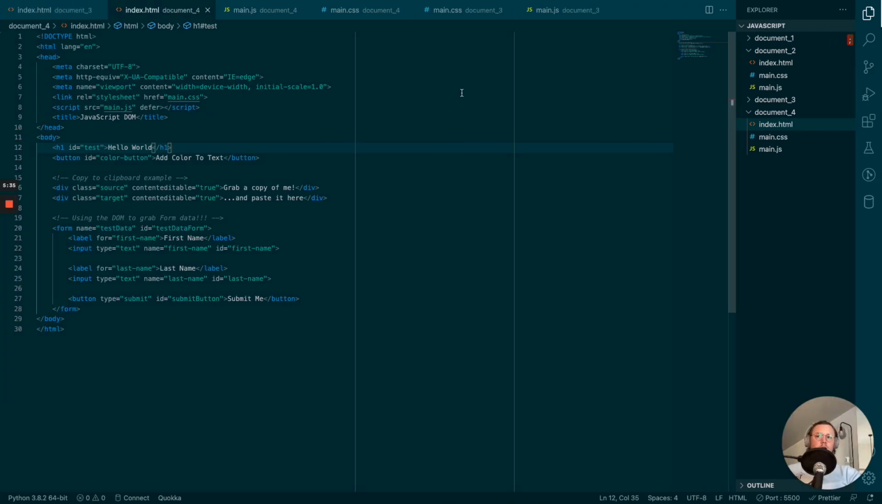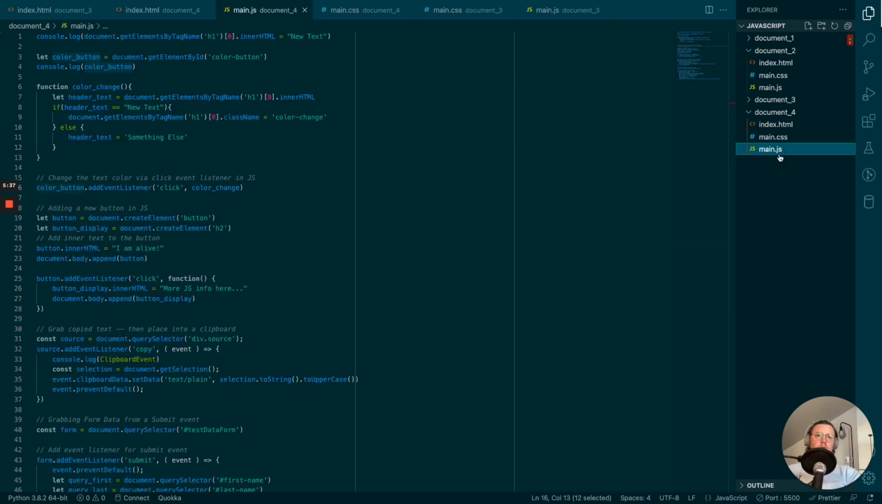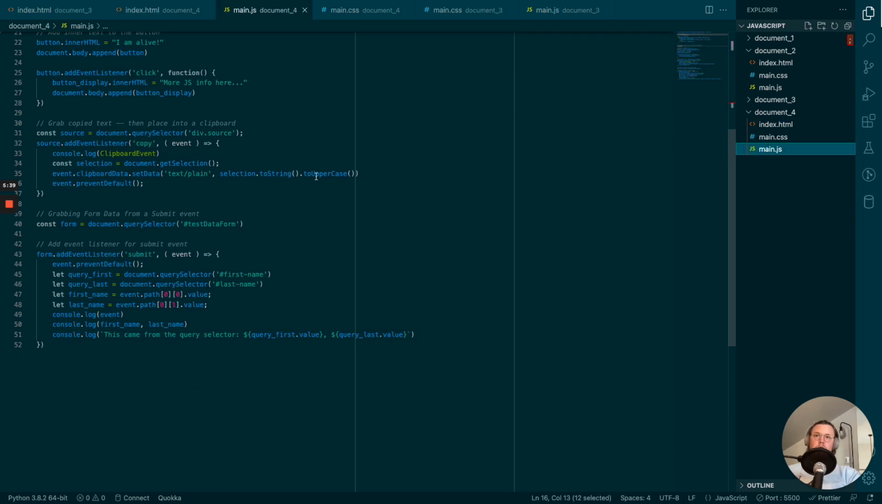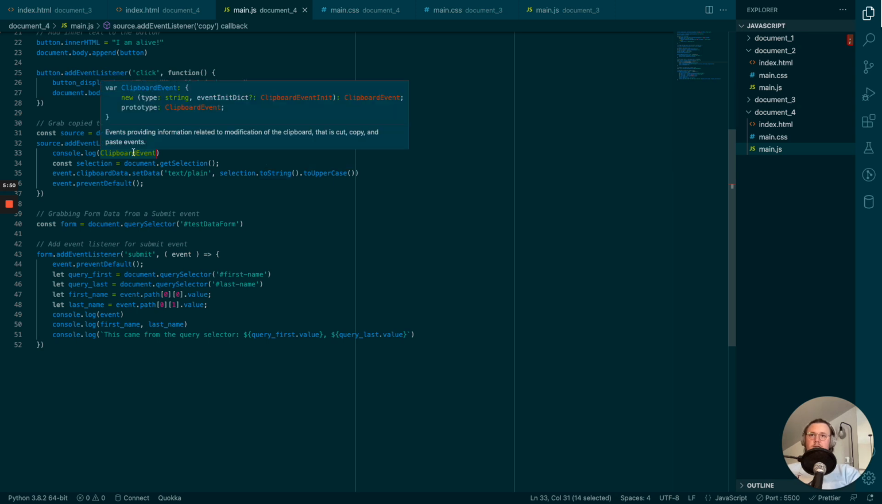So hopefully that helped, and now you should be able to have your little copy paste thing working. We had it lowercase earlier, so it wasn't screaming at our users, but you did need to actually have the clipboard event capitalized,